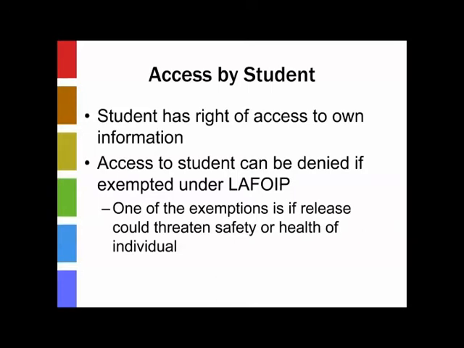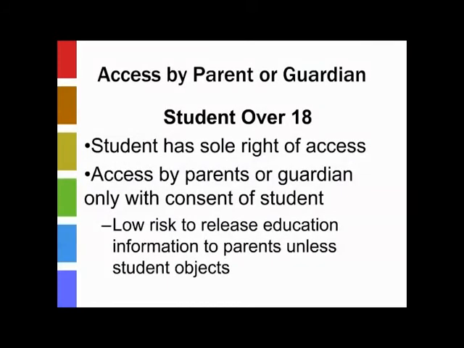Students who are 18 or over would be considered adults. Do they have to consent to release of their information? Yep, they're adults. At that point in time, their parents, under the Act, actually don't have any right to access the information, and they would be treated just as any other third party.